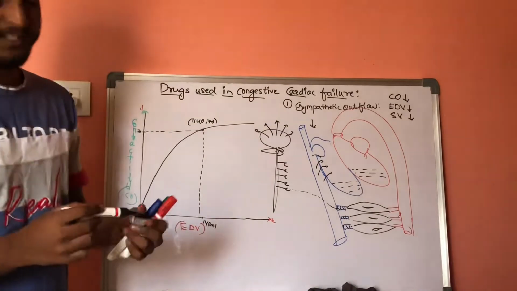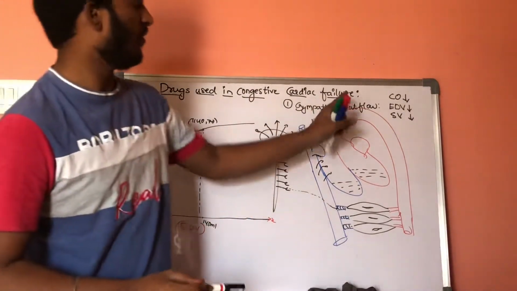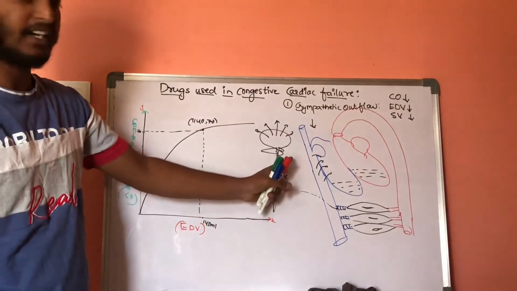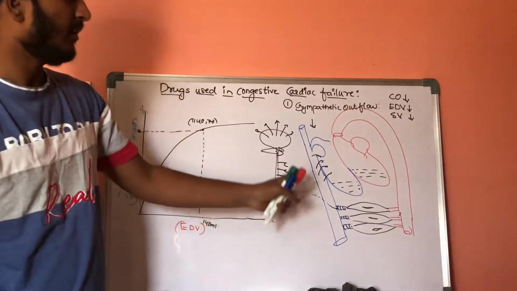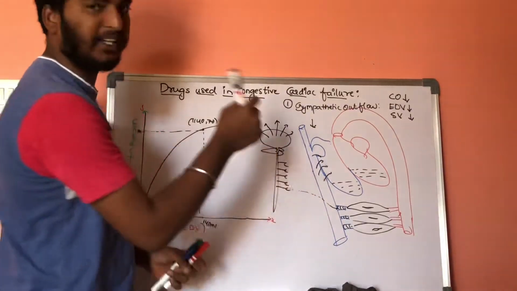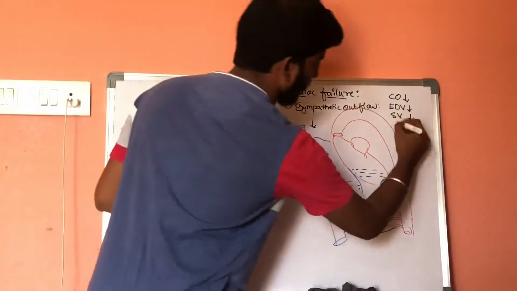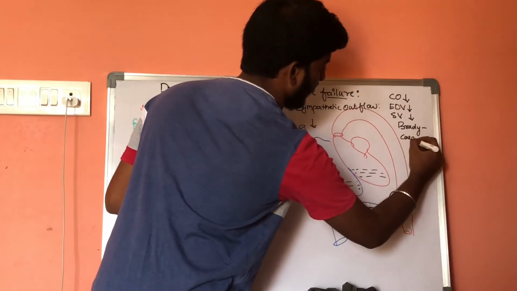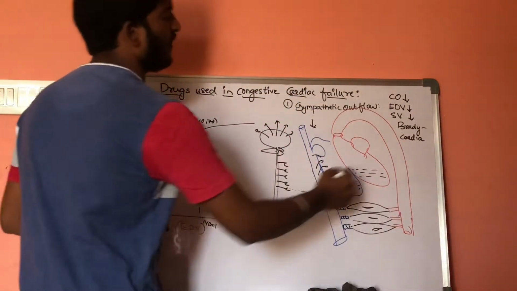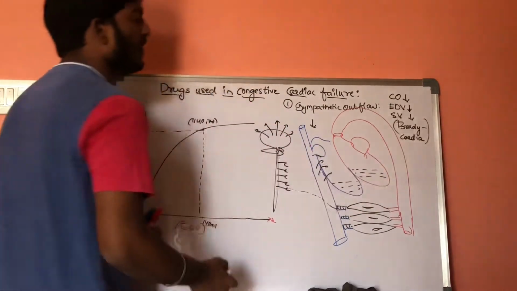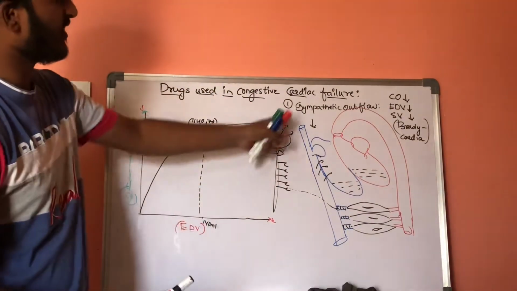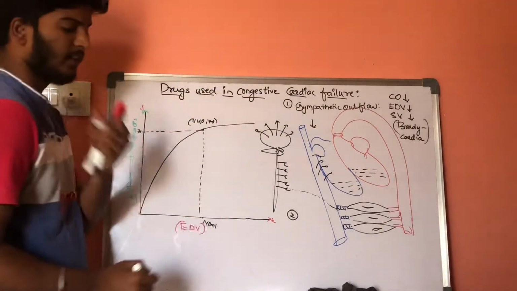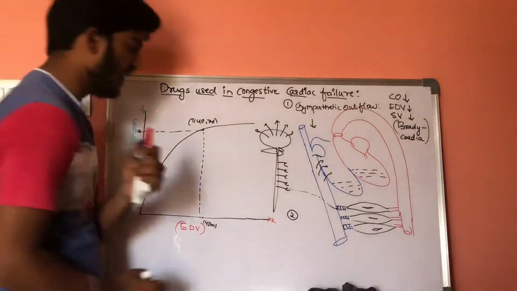This is one condition, because of over-outflow of the sympathetic nervous system, which results in bradycardia, that is, a decrease in heartbeat. This is the first condition. If we discuss the second condition, that is overstimulation of the vagus nerve,